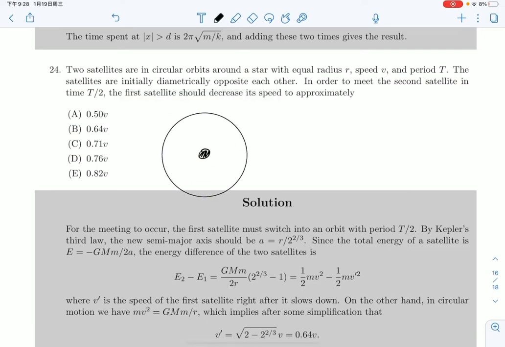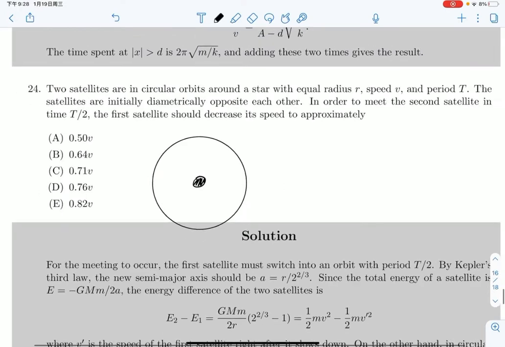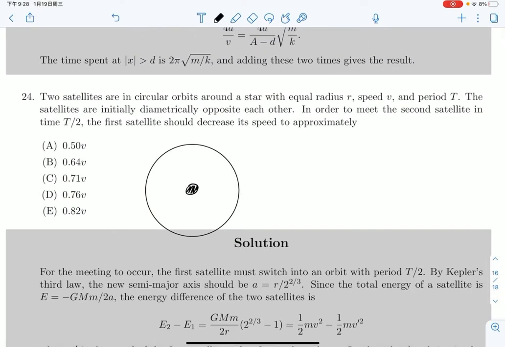And the star, it is at R and B, opposite of each other initially. And in order to meet the second satellite in time t divided by 2, the first satellite should decrease its speed. So basically,